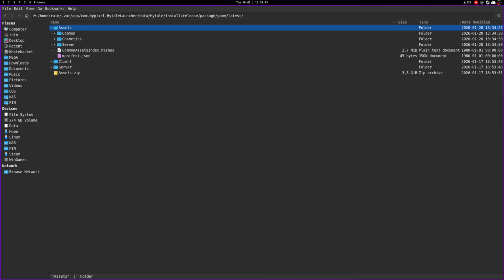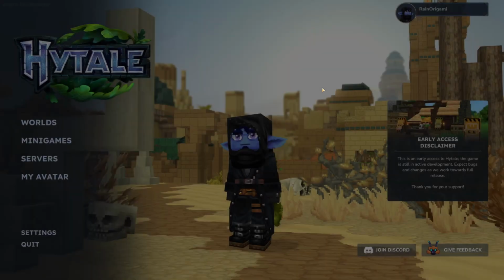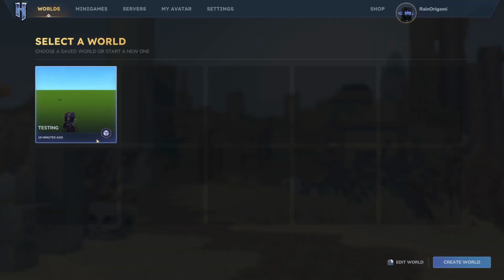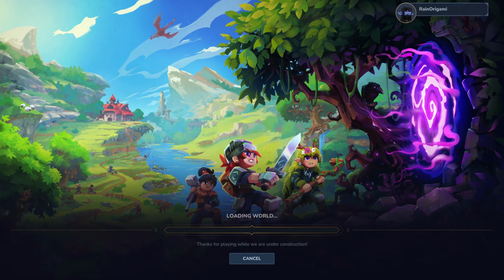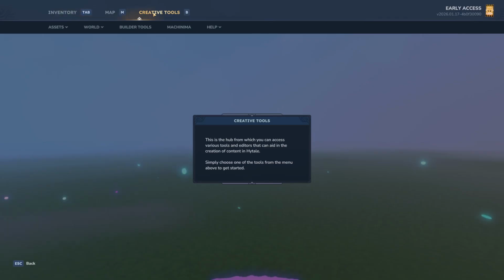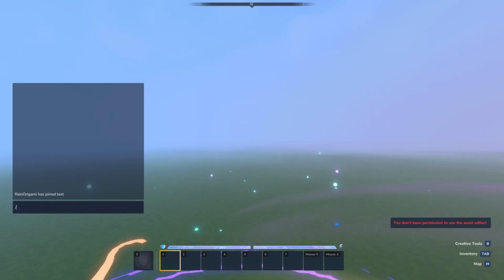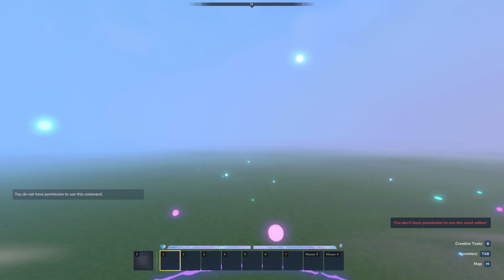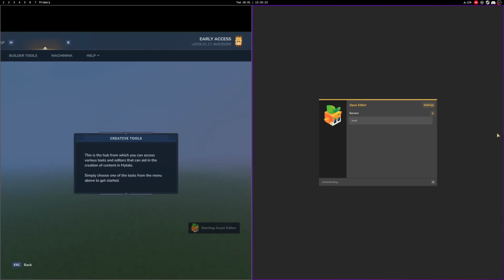Once you've done this, go ahead and start the game. Create a new creative world. I'll make a flat world for now. Once in this world, you want to open the asset editor, but first you have to op yourself. It's just /opself in chat, and then you can go to asset editor, start the asset editor,